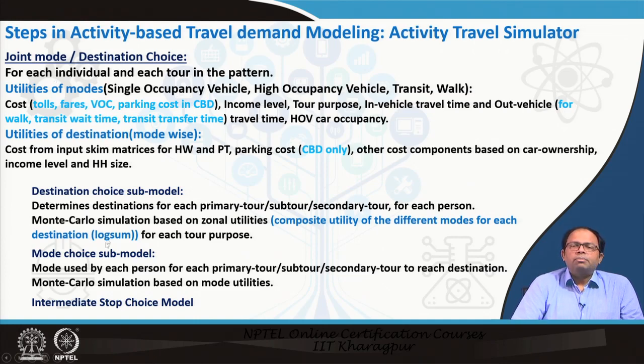So these destination choice models and mode choice models are similar to the ones we have discussed. The only thing is we are determining a joint destination mode choice model, and we have also discussed this kind of nesting structure earlier. So once we have done that, we can next do an intermediate stop choice model, also following similar destination choice modeling processes. So this is how the total activity travel simulator works, and this is how we develop the base through which we determine the tours, the destinations, the time of the day, the mode choices.